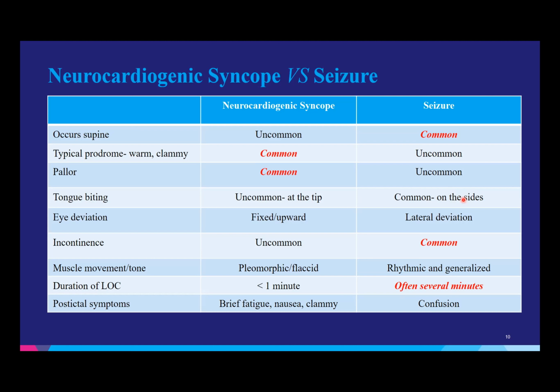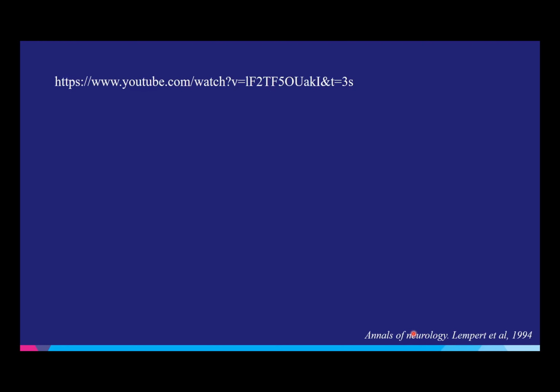Like a rag doll. If you've ever seen someone fall from vasovagal syncope, it feels like a rag doll falling to the floor. And they usually have felt it coming on before. They'll try to escape the scenario and almost fall in the process of trying to leave the dissection table or other scenarios. Duration of loss of consciousness is a nice little factor you can look at. For seizures, it's really several minutes, and classically for syncope, it's less than a minute. And post-ictal symptoms shouldn't really exist for vasovagal syncope. As they wake up, they might say, I am feeling nauseated or clammy or tired, and that's okay, but they're not confused, right? So keep some of these things in mind as you are evaluating your patients.